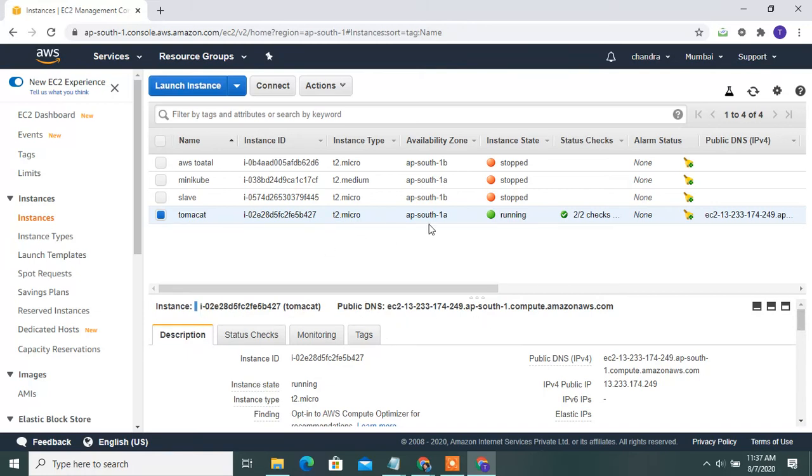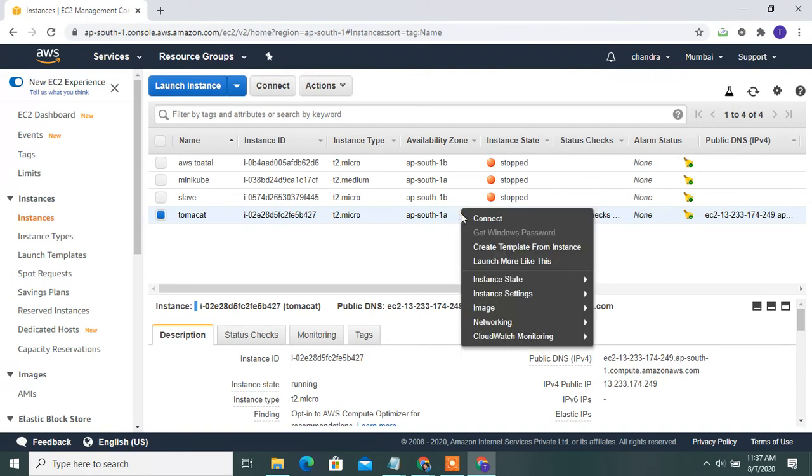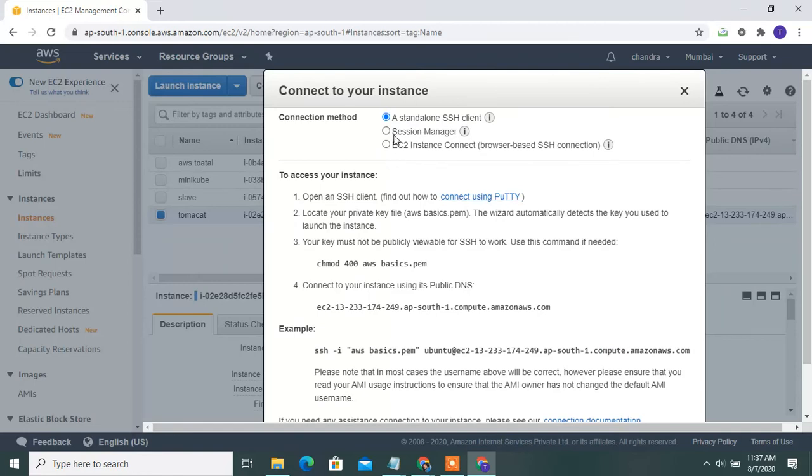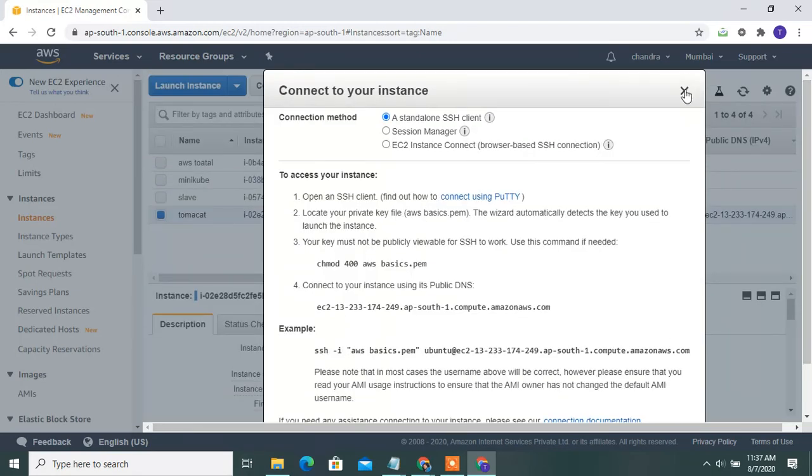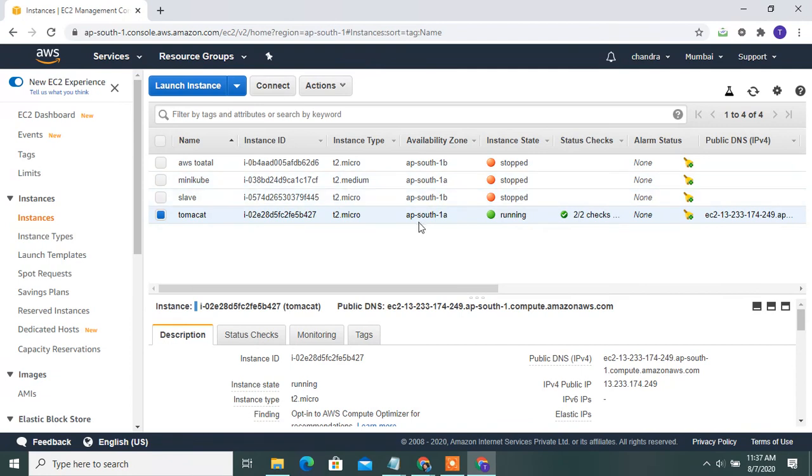Once it is in running state, here is how to stop and how to terminate. This is for connecting. In my case SSH, in your case PuTTY, you can also use the DNS name. Three or four methods can be used; you can select here. Next is